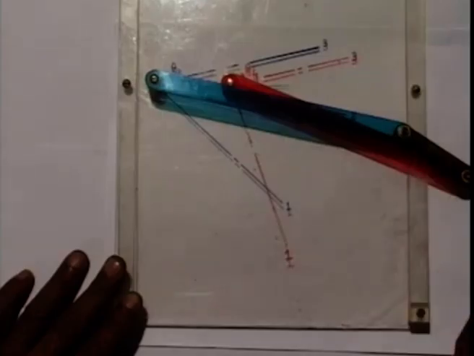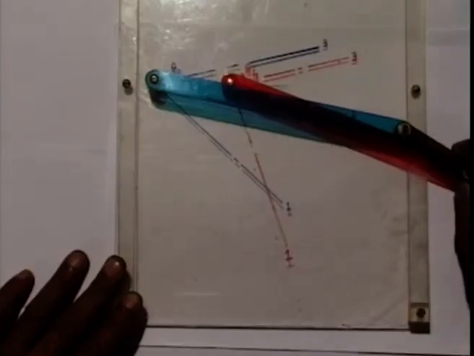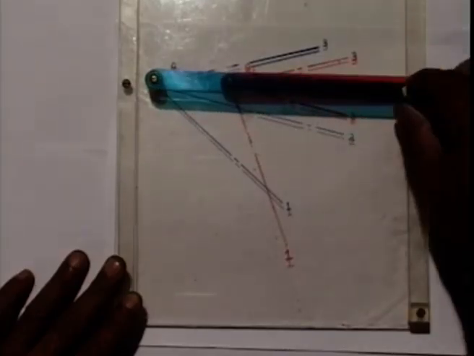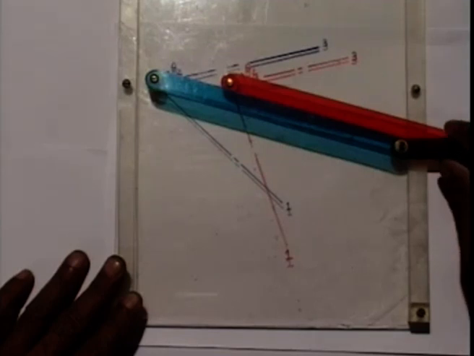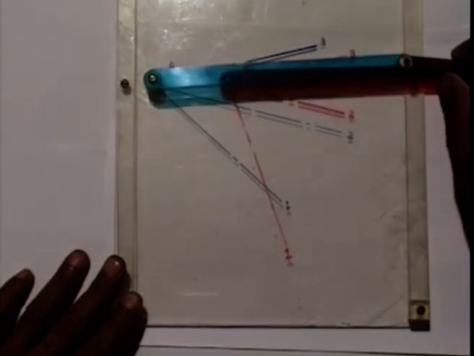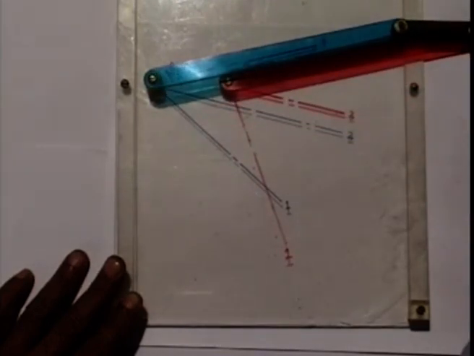Because it is still in the anti-parallelogram assembly. If we now change it to the parallelogram assembly, then we see the second configuration is satisfied by the mechanism. Same way, if we go to the third configuration, it is only the parallelogram configuration that will take the third configuration, but